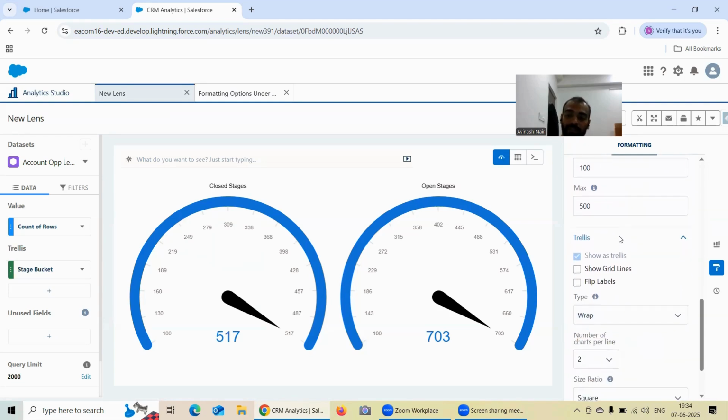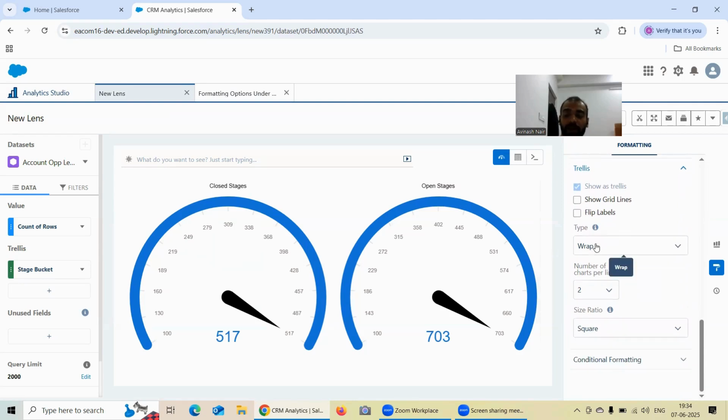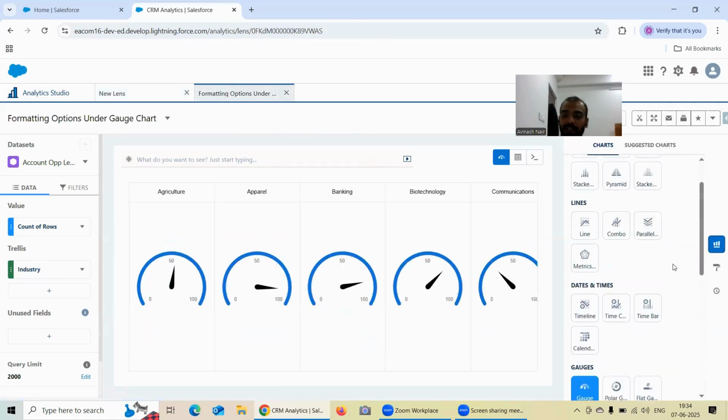You can choose the minimum, maximum, and when you go for the trellis option, definitely you have that extra option of showing the grid lines, of flipping the level, and you can go for the type, how you want that presentation to come into picture. You can just read the definitions over here. Okay, so yeah, that's it about this one, formatting options under the gauge chart, and in the next video we